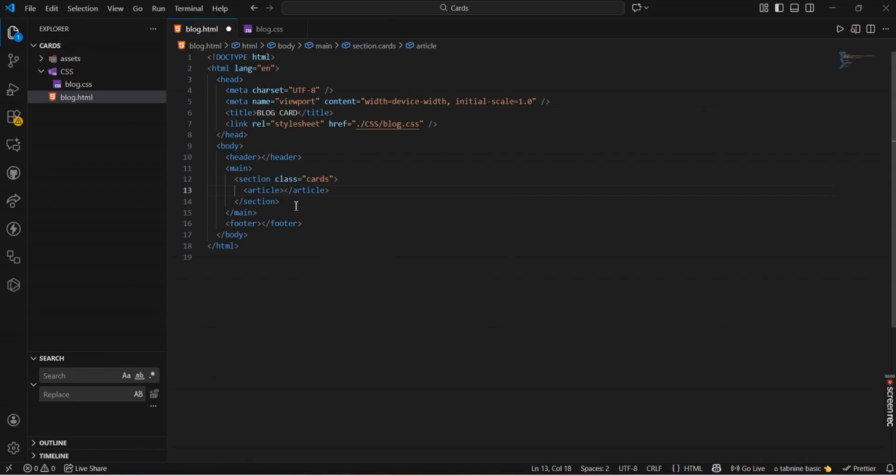Article with a class of card. Remember, this is card. Why the parent is cards, plural. Why this is singular. So we have this now. This is the first child. I'm going to copy and replicate now. Second and third child. The same way, if you check the page, we're not going to see anything at all